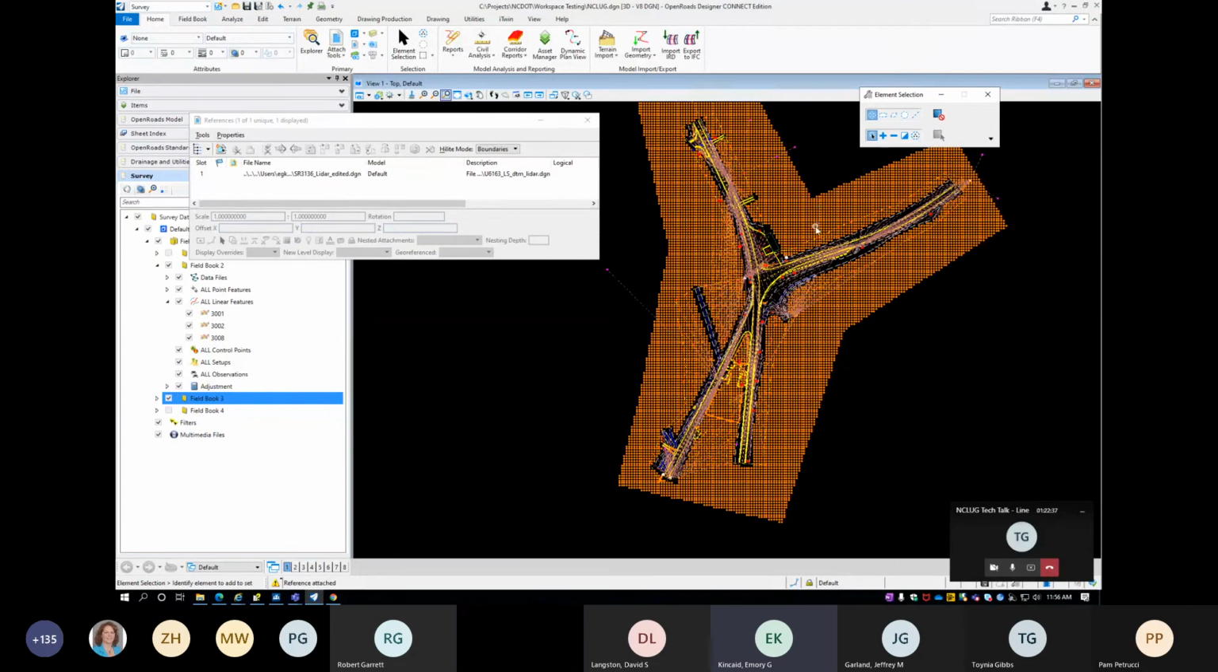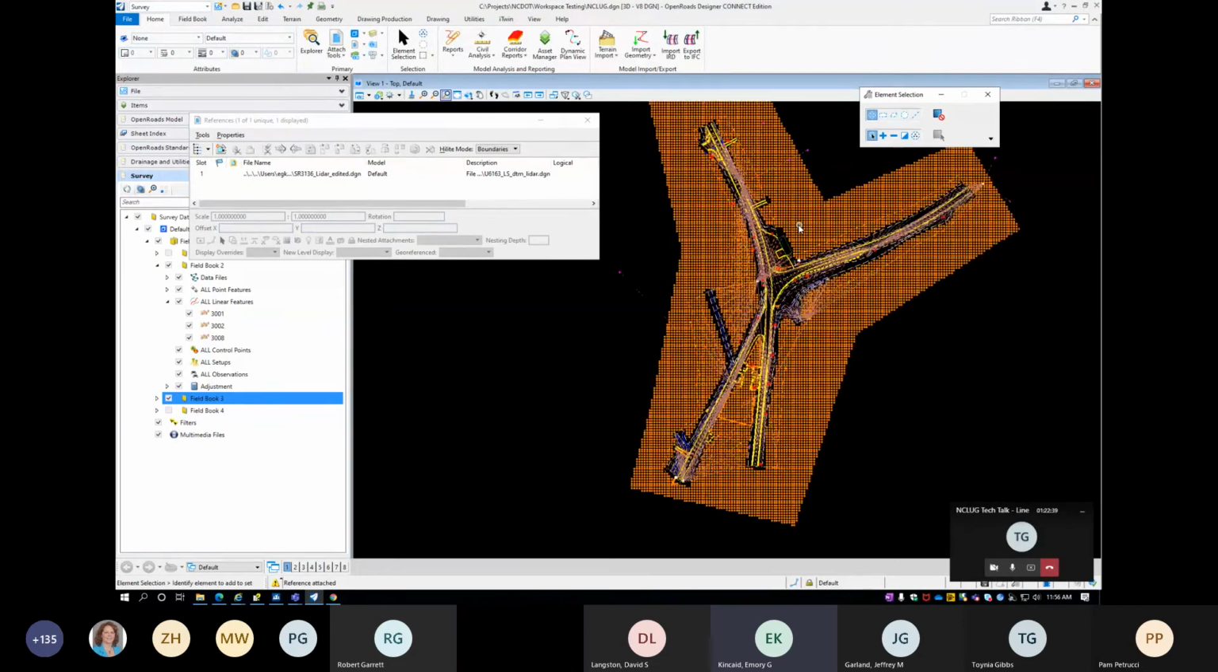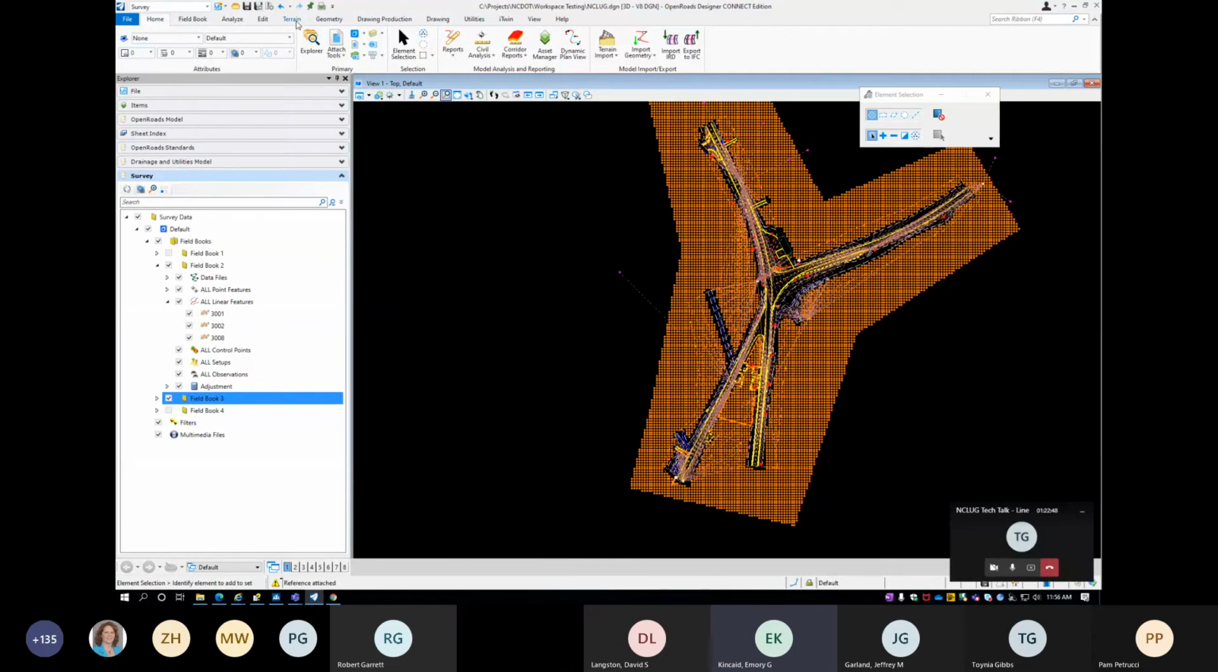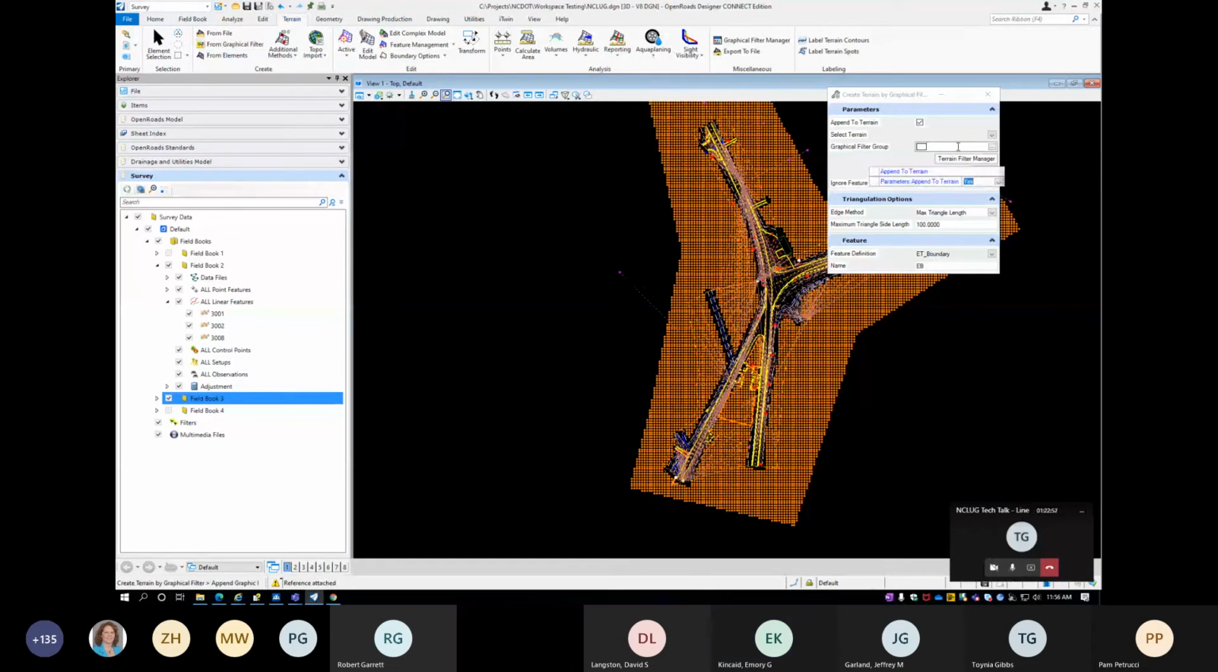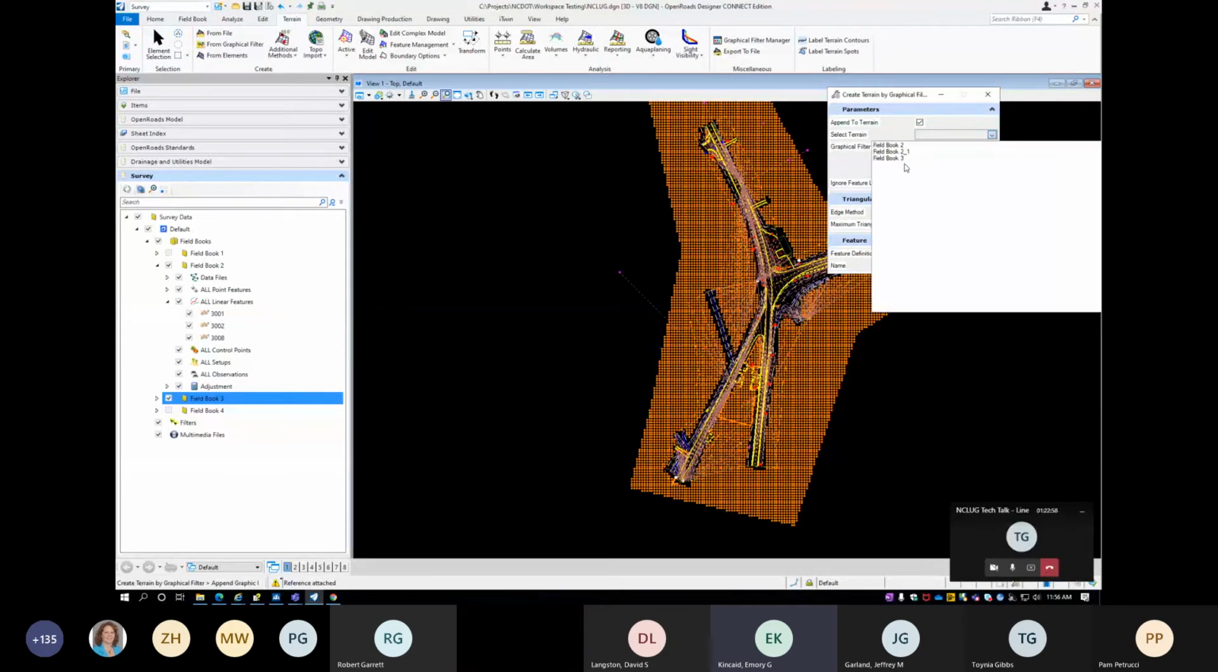Now I'm going to use graphical filter to build this LiDAR data, and this would work the same for photogrammetry data, into my survey. So I will come to terrain and say from graphical filter, and I want to append to a terrain. In this case, I'm going to append to the Fieldbook 3,